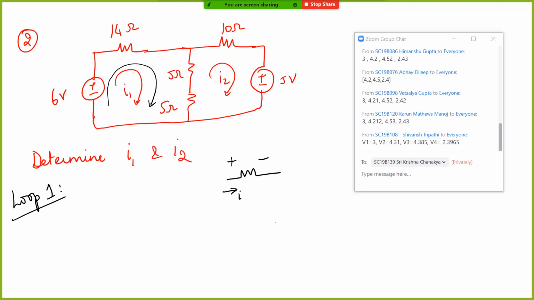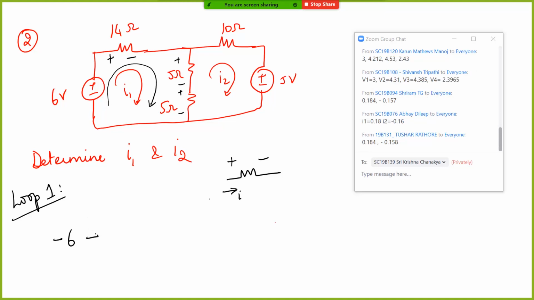As you go here, you have a minus first, so you say -6, and then plus 14 times I1. Then you come here, you have 5 plus, we can just add the 2, so it is 10 ohm into,